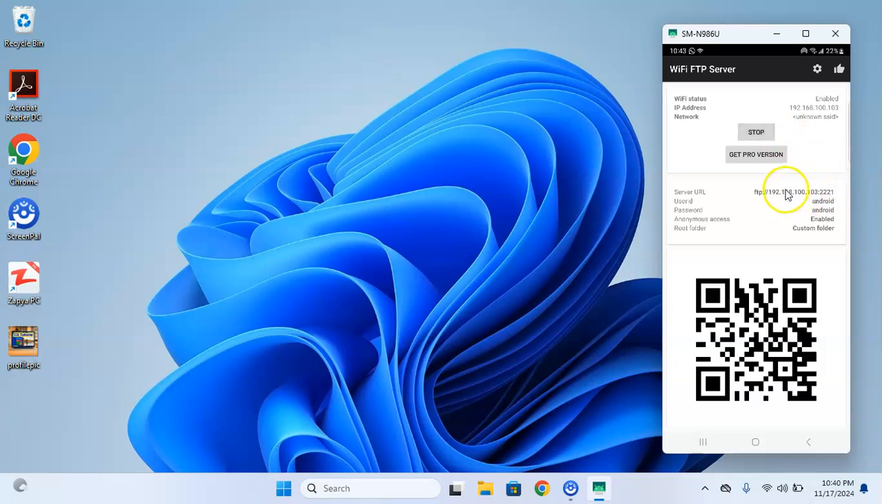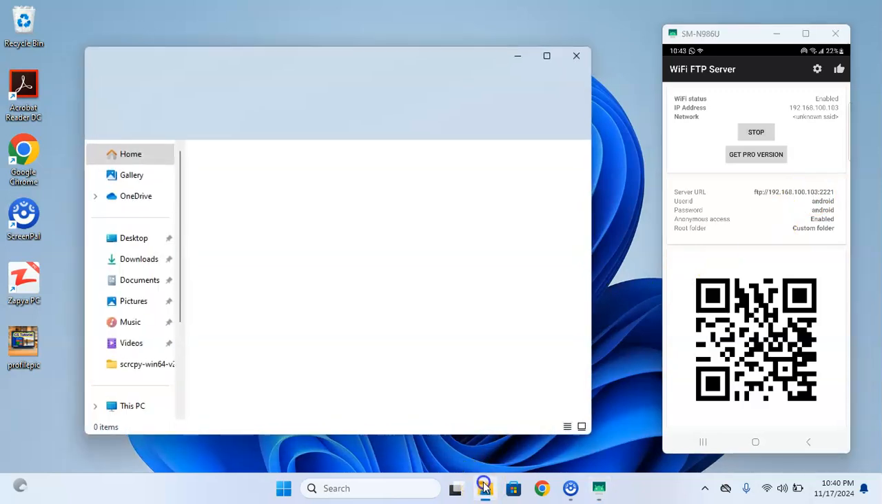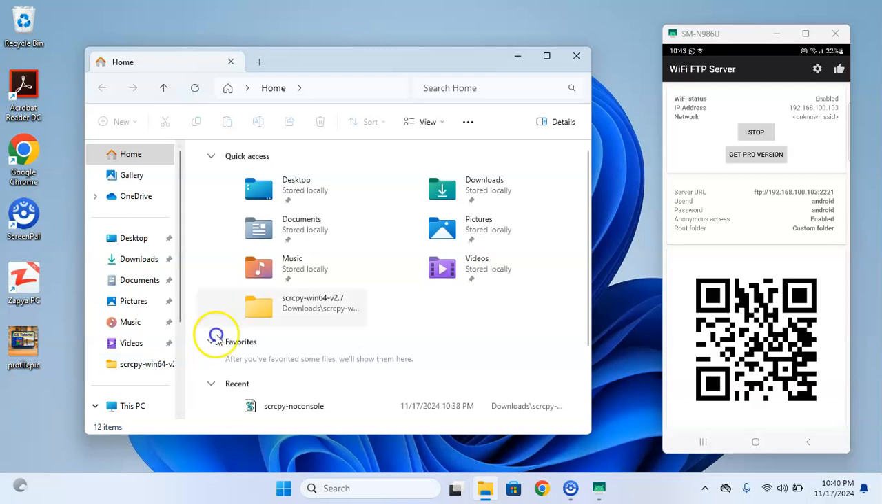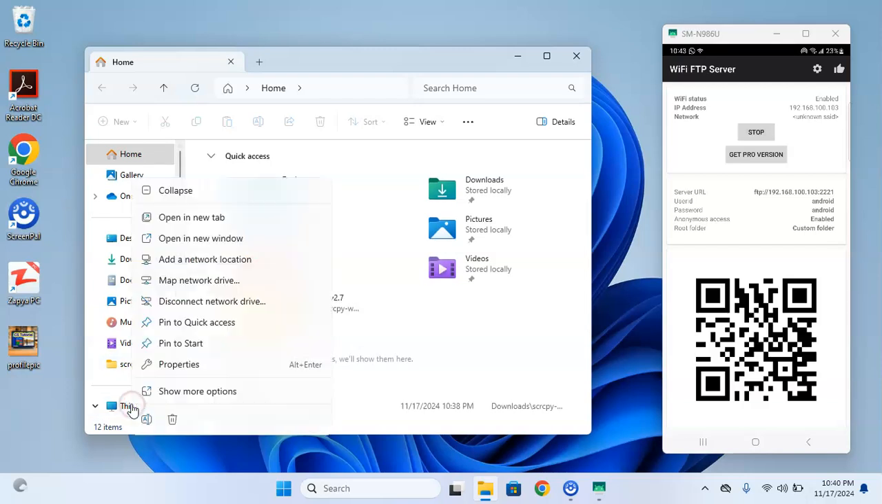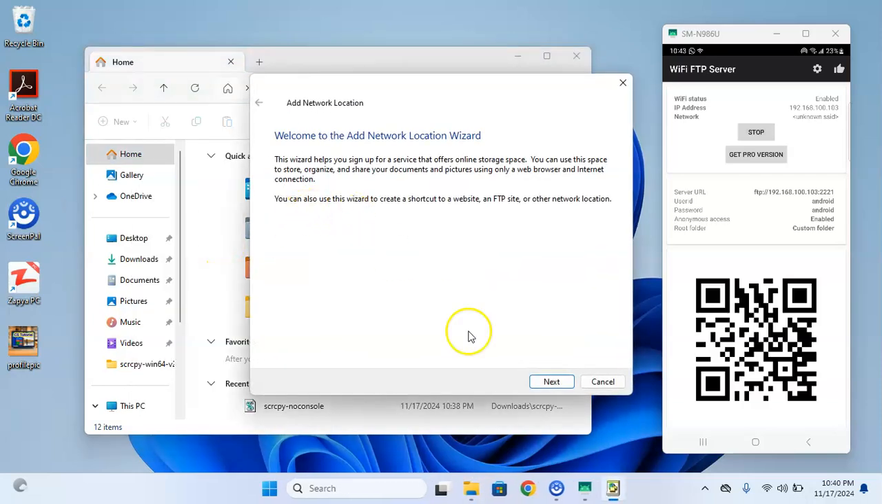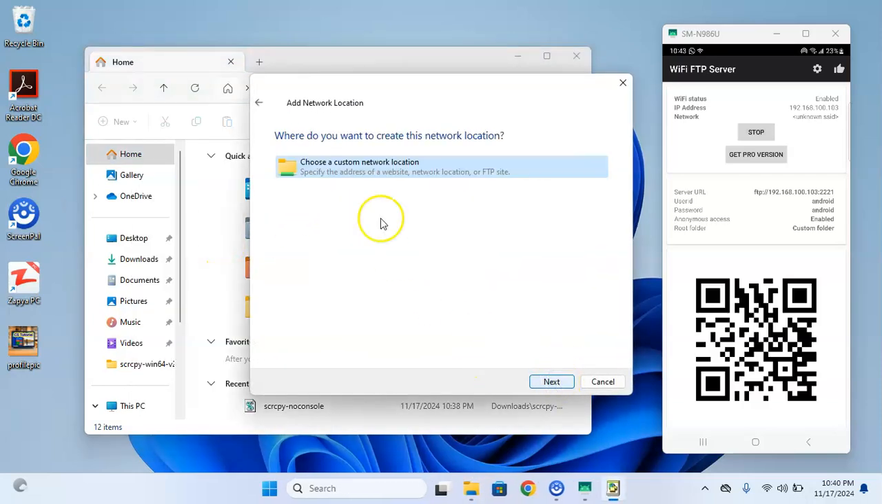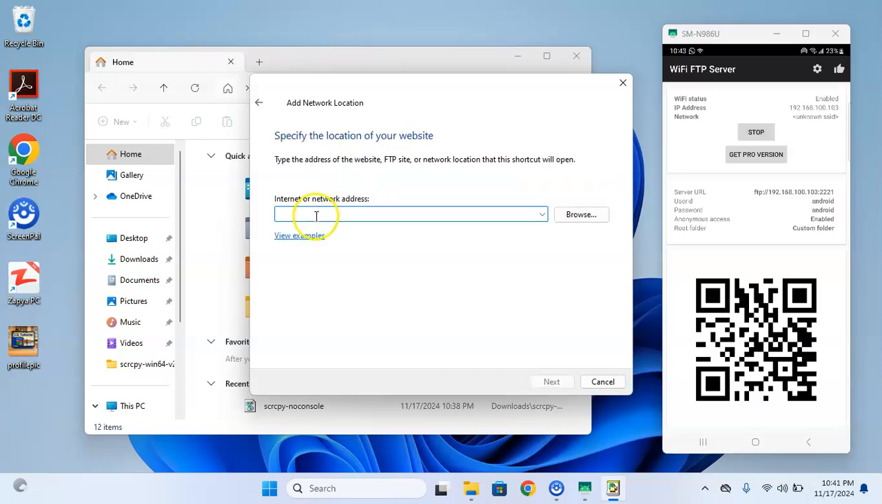So we need to copy this address, and now come to your computer and open My Computer on your PC. Right click on This PC and select add a network location. Here select next, choose a custom network location, click on this, and now type this address here, this address. Like, I want to type here,